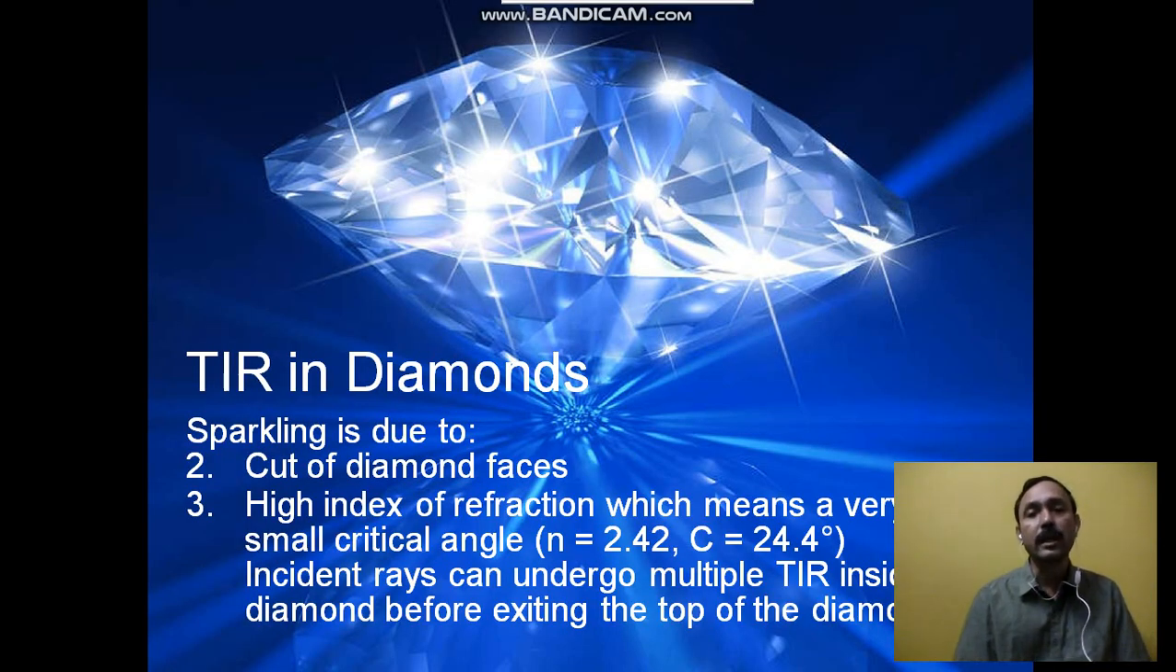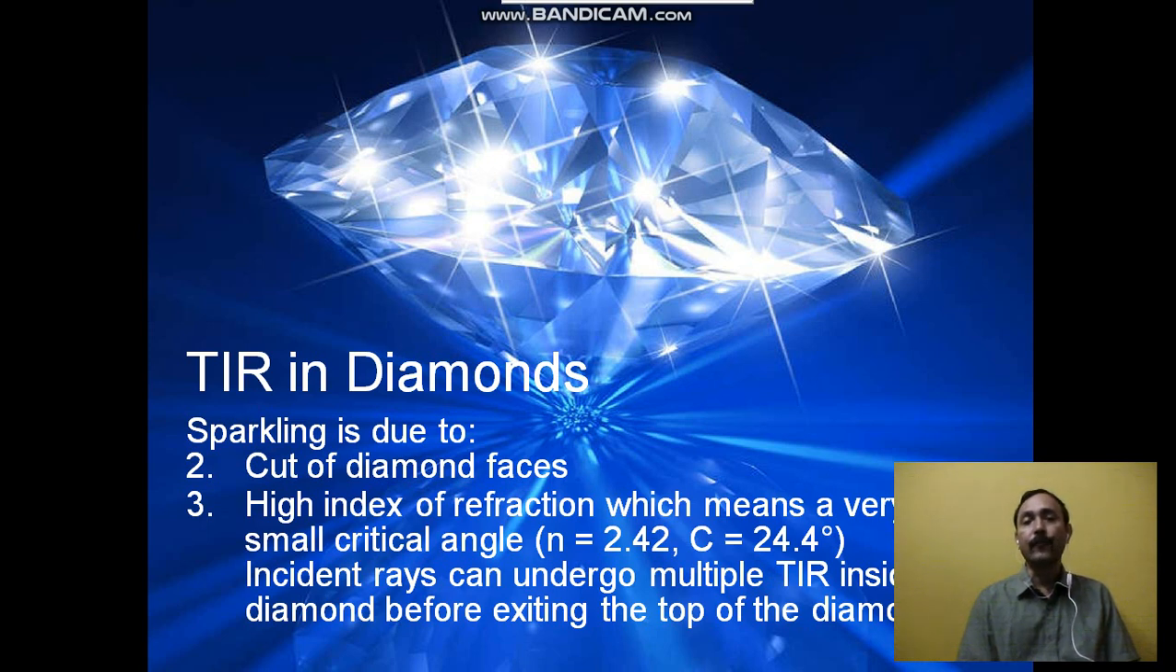Total internal reflection in diamonds. This is the picture, nice picture. The dazzling diamond, that means sparkling, is shown here. The sparkling is due to number 1, cut of diamond faces. Number 2, high index of refraction,